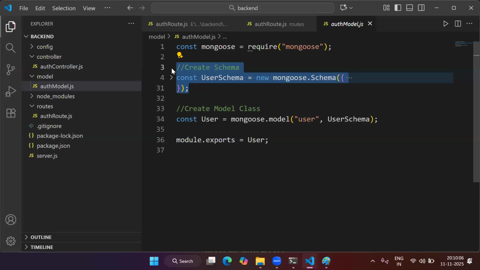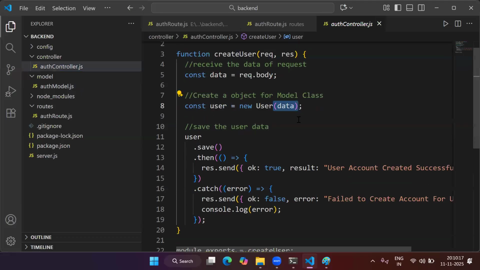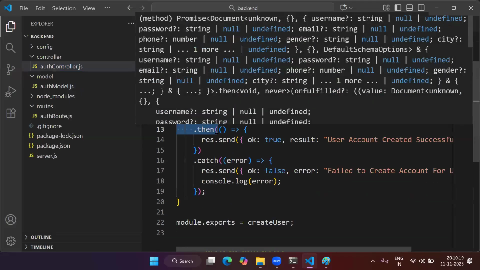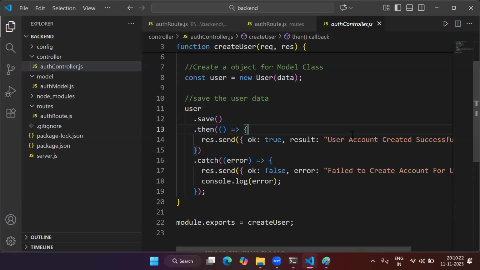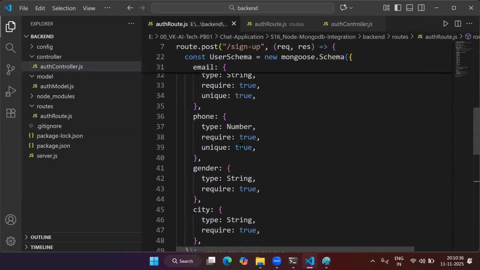This is our schema. And then once we create the instance by passing our request body data, we are saving it. So same code, whatever I wrote yesterday, same code I have written today, just separating the code into different folders, different files. That is what I have done today. Yesterday, whatever we have written, same thing I am writing in today's session also. Just separating my code in different files and using the CommonJS module system,